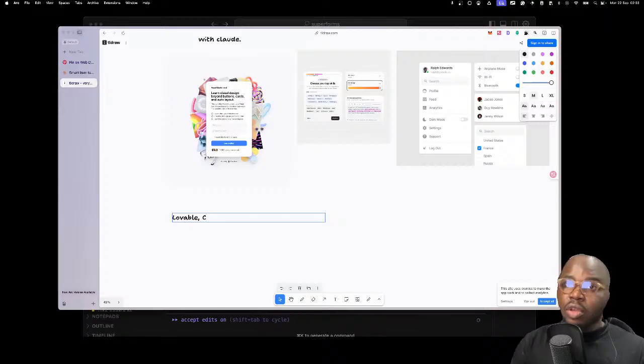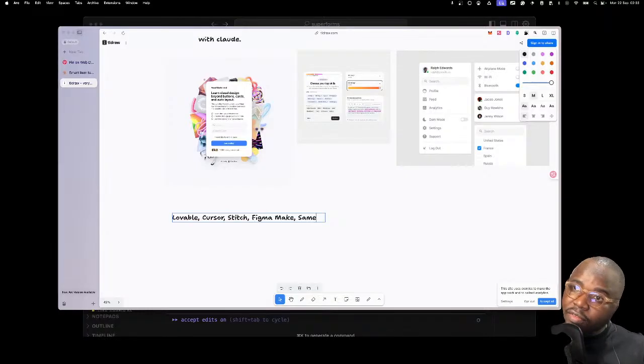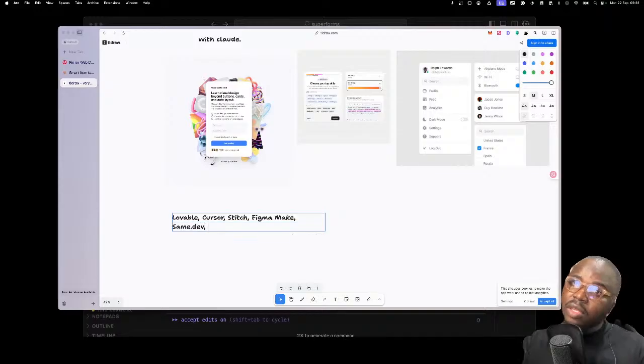You can use Cursor as well, which can actually help. You can use Stitch by Google. You can use Figma Make. You can use same.dev. You can use bolt.new.